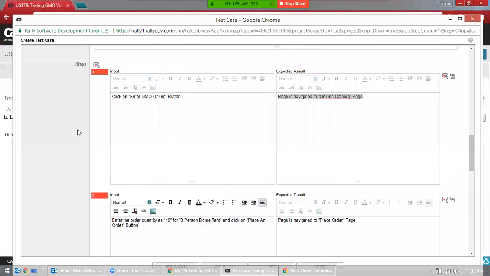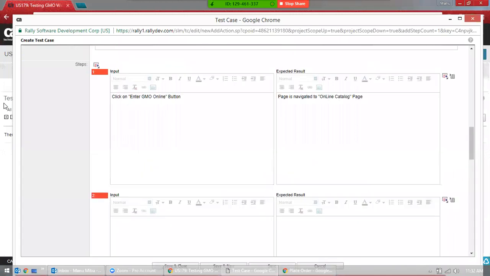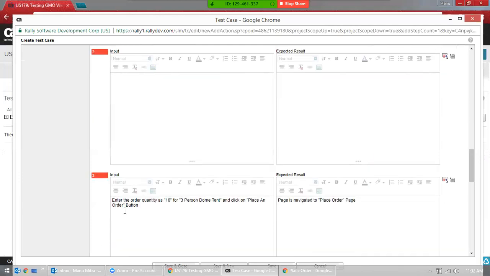So this is my second test case. Now I want to write a third test case. Let's click here. Again, you have to go through this. Click on add action steps and click on 1. Now what happens here is, this is my third test case, not the second, right? If you see here, this has been moved to third. I don't want that because this is my second. I cannot make this third because,